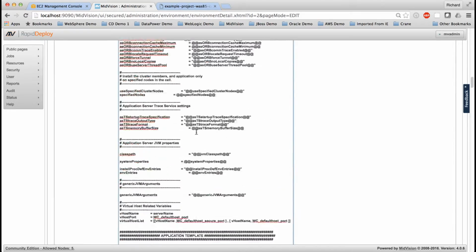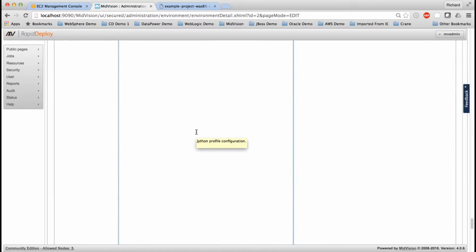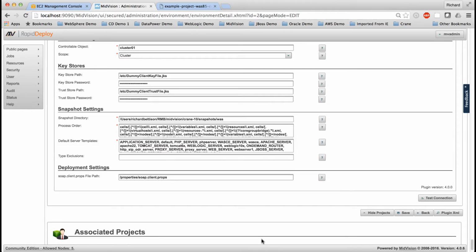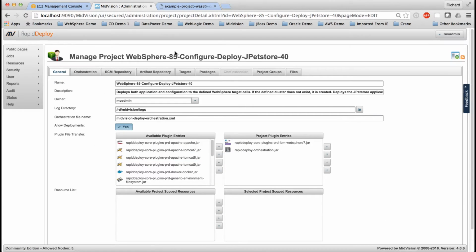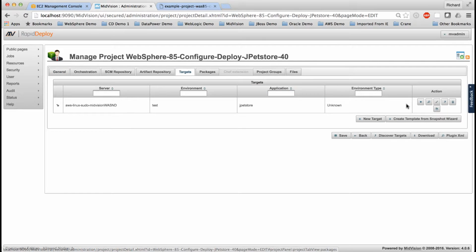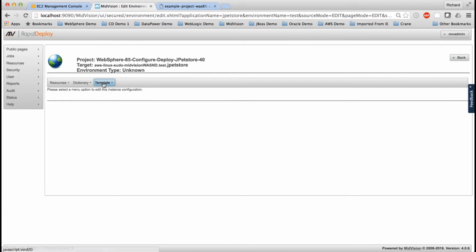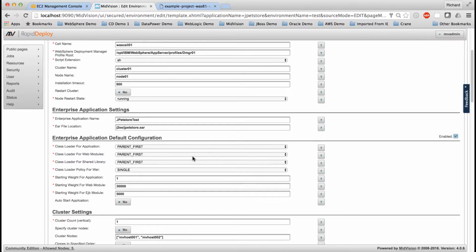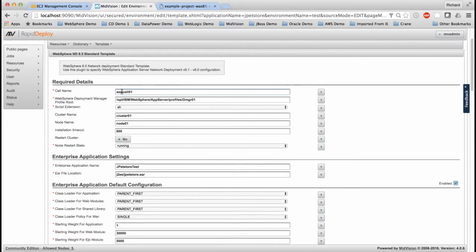And so if we go back to the project, there's some of the settings you can set here, key store, paths and so on for connecting to the server. If we go back to the project, and we go and look at the targets, and we can then go and have a look at the values that are set. So those values that you saw in that Python area on the environment were generated automatically from this template. So this is sort of an easy way of visualizing the same thing,